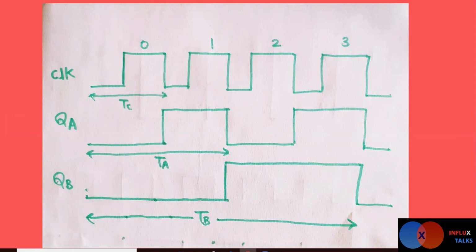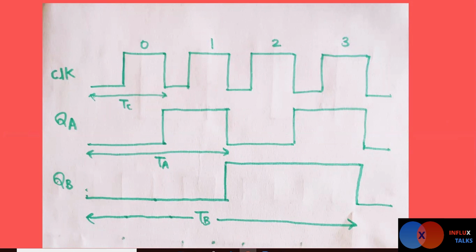This QA will then be considered as the clock for our next flip-flop, and we will see how the frequency is changing. Let us try to find out QA. Consider QA to be 0 initially, and it will remain as it is till the negative edge comes. As the toggling action is there, we'll get the complement of the previously stored value. The complement of 0 is, as you know, 1. And again, we have a change at the falling edge, and then 1 will become 0. Similarly, we can plot the rest of the graph.